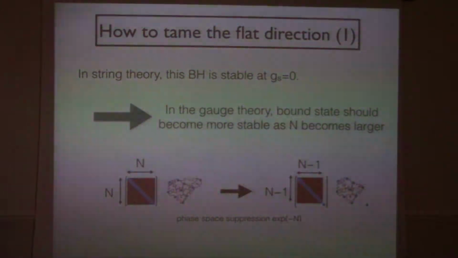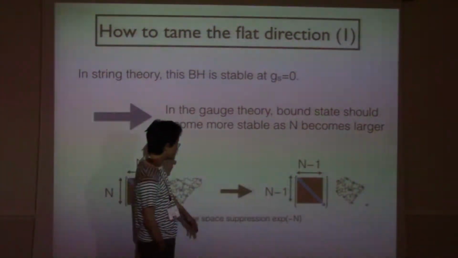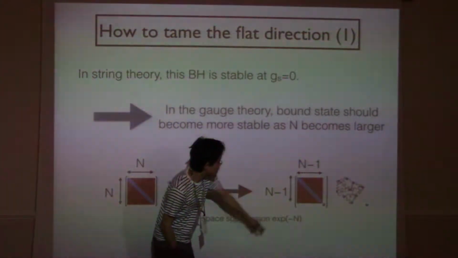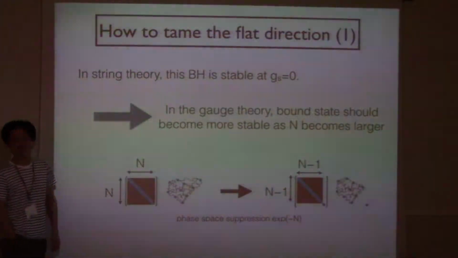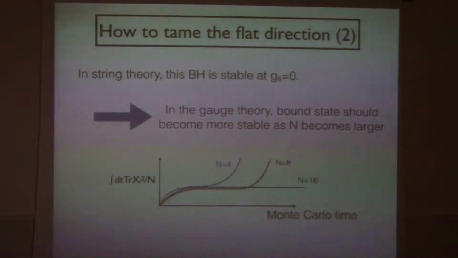But typically, there is some entropic suppression. And to see that, we just have to count the degrees of freedom, which is entropy. Typically, such a process should have an exponential minus n suppression factor. So when we set n to be very large, such emission should be suppressed, and the simulation should become stable. So we just try to send n larger and larger. And then what happened was,